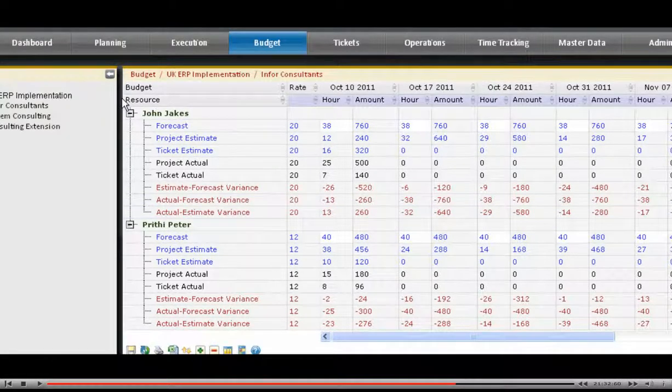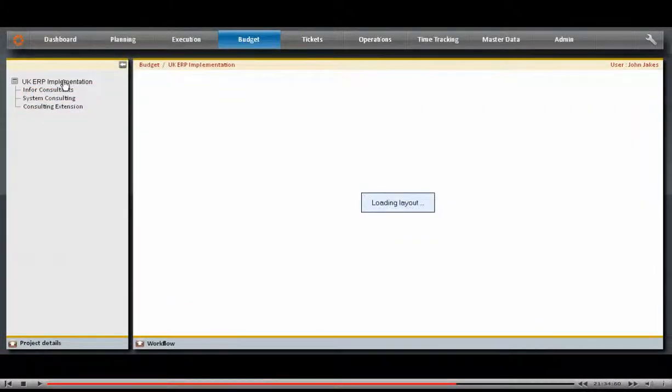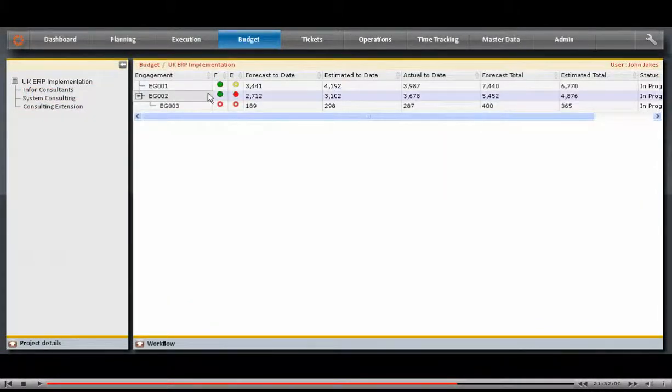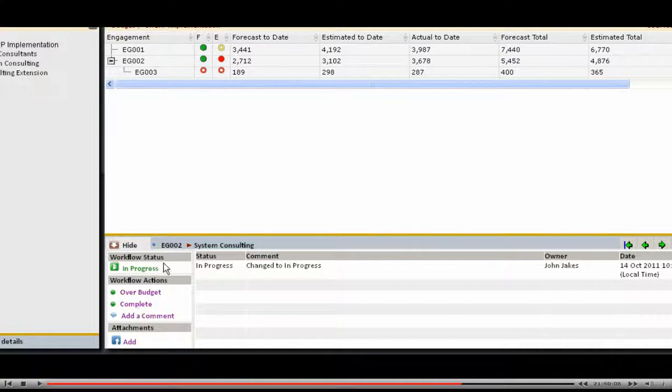The color indicator will change to yellow or red to warn you if the project to date exceeds the forecast and estimates. Automatic email alerts will also be sent to the stakeholders to assess the situation and take corrective measures if necessary. As demonstrated in other modules, the complete workflow capability is available to track the budget status throughout the